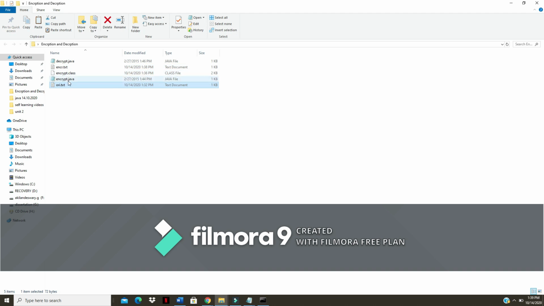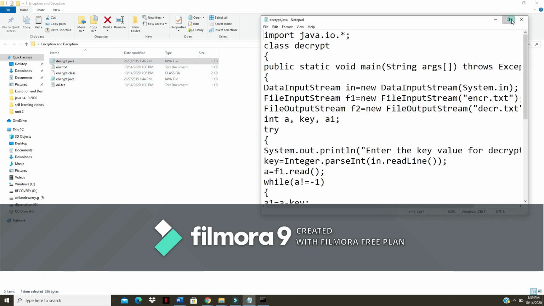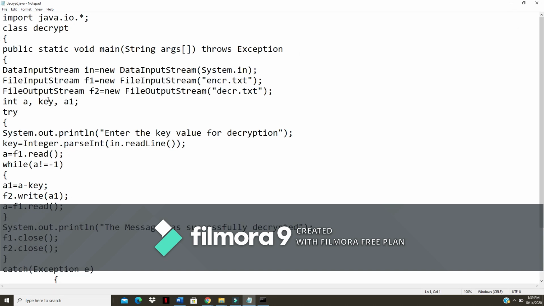It is decrypt.java. Let me just open the code and I will show you. For this, encr.txt is going to be your input, and the output will be saved in the file name decr.txt.